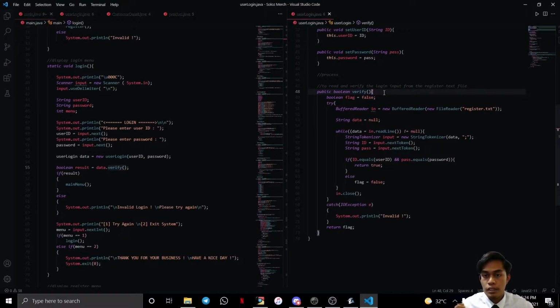In this method, we declare boolean flag equal to false, and here we use the read method, which is buffer reader, new buffer reader, new file reader from the register.txt file. So it means that we read the data from the register.txt file. Alright, so in the loop, while data equals in.readLine not equal to null, which means that there is data in the register.txt file,